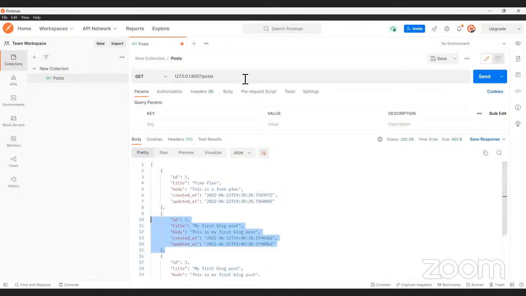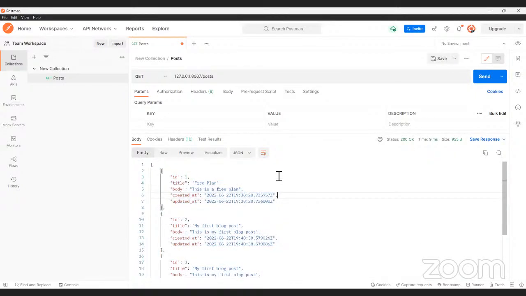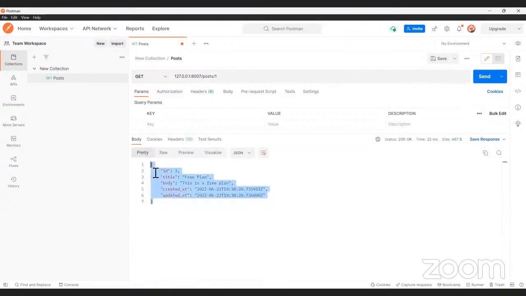When I create that particular endpoint as a get, we are able to get all of the endpoints. Another thing we can do on get is if I only want information about ID of one, I can just pass in /1, and when I do that, it returns only ID of one. So like to get particular details about